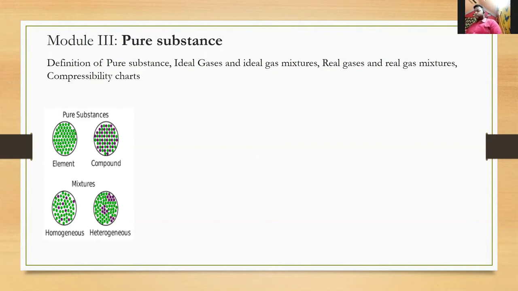But pure substance, of course, generally we can think about as an element or a compound. These two things are pure substances. Generally, we differentiate matter as a pure substance or a mixture. A substance having a single component element is a pure substance, and even if there are two elements, it needs to be a compound. Even if it is a compound, it is still having the same composition. So a very important word is composition. If the composition is uniform throughout the volume of the mixture, throughout the volume of the element, then you can call it a pure substance.